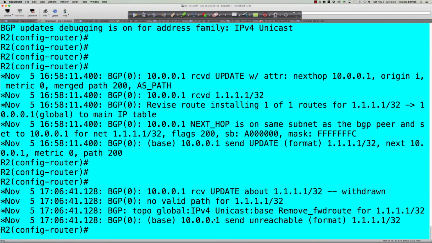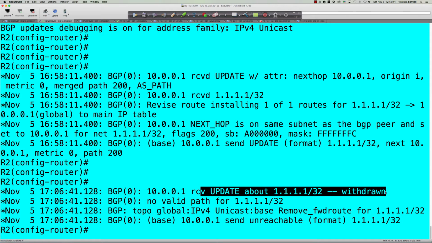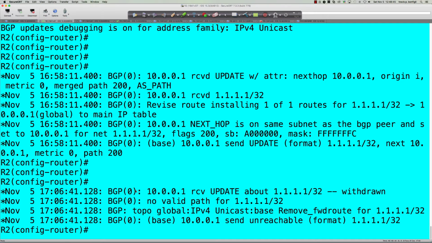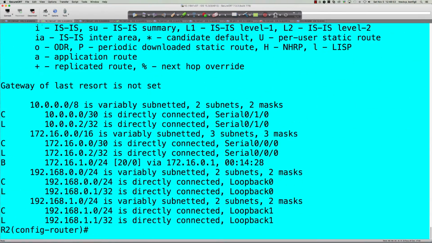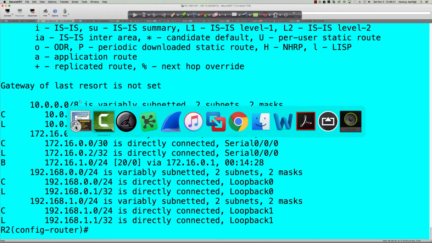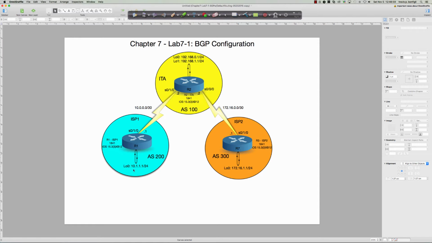We come over here and you can see remove the forwarding route, right? So it was a withdraw update that came through. So instead of adding some NLRI to the global RIB, we're going to be removing that NLRI. So do show IP route. Do we have a route now to the 1.1.1.1? We do not. But let me go ahead and fix this here because I didn't realize I had overwritten